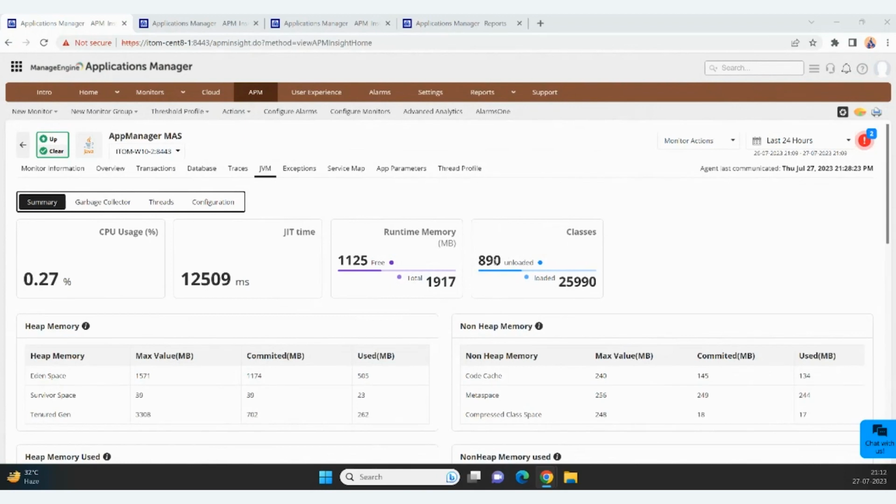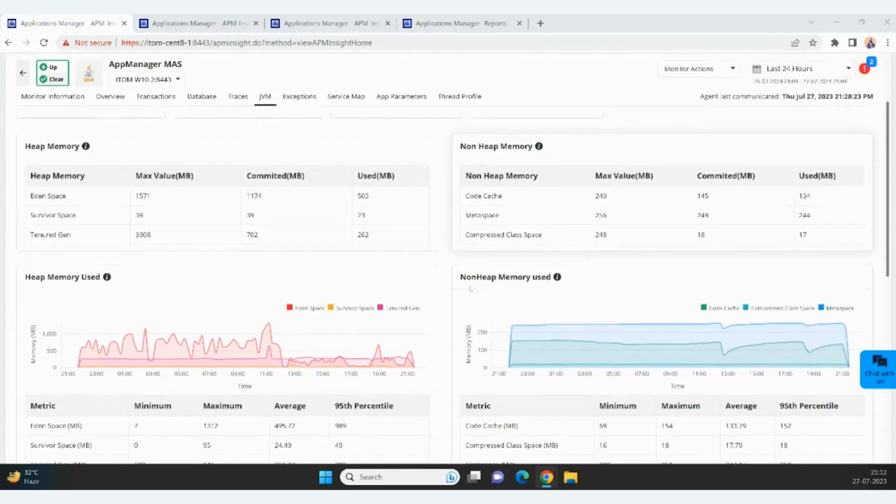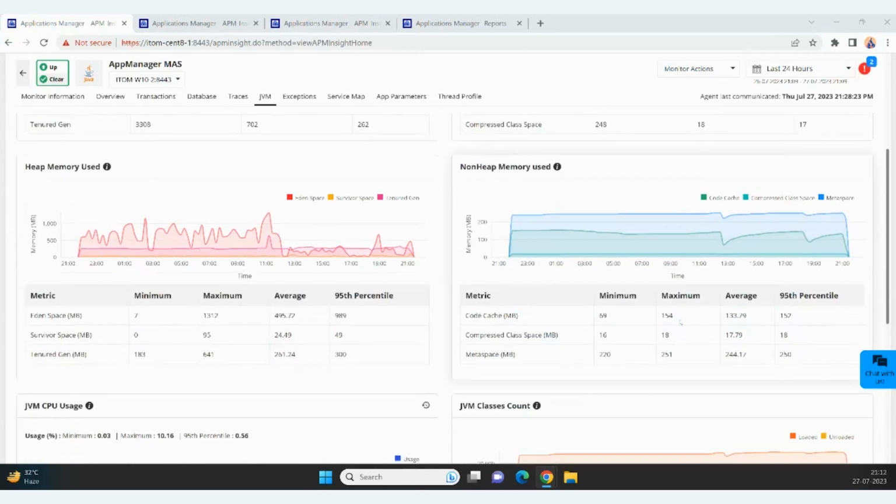This JVM tab will help you to monitor the metrics that are crucial for your Java application, and will provide deep insights into the performance and represent them in tabular and also graphical representation. So this will provide you more visibility into how the various resources and the system parameters are working in